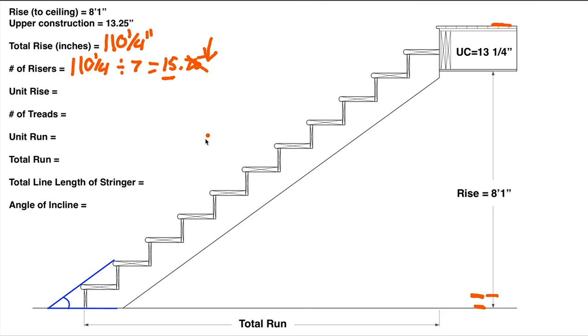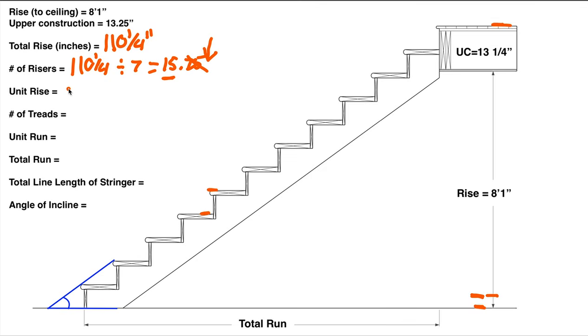For our unit rise, which is the height of each step, basically, what we want to do is take the number of risers and divide that from our total rise. So this was a ballpark, but you could see that because we have a decimal here, there's going to be some change. Well, I can't have a different height step. I can't have 0.75 of a step. So I have to put all that change and spread it out over every single step so that we end up with an equal rise and run. Remember that the difference between step to step cannot change by more than 1/4 inch